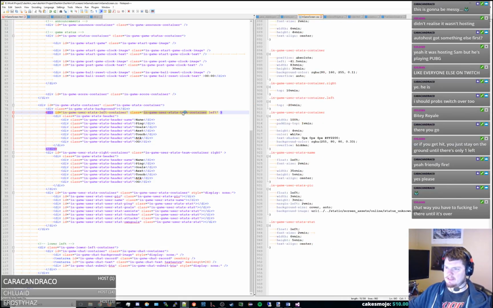In-game user stats container, in-game stats container. Alright, so this is fine. The issue is that our I think it's user stats line is